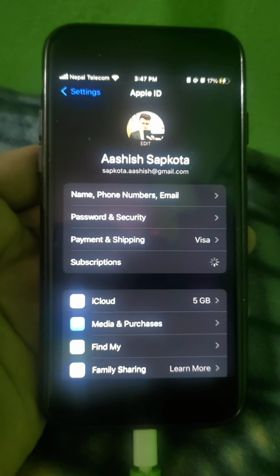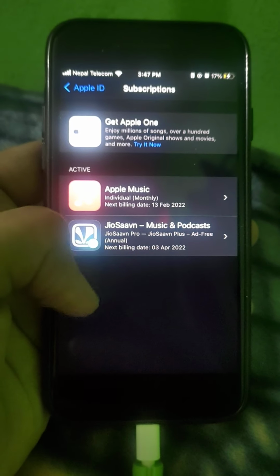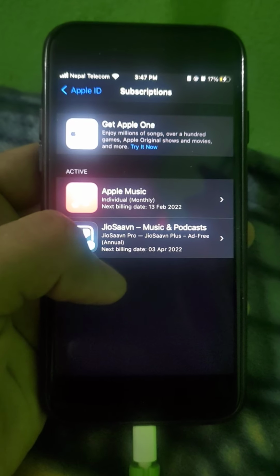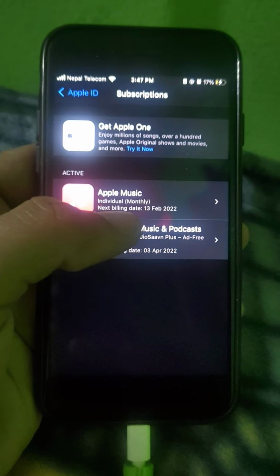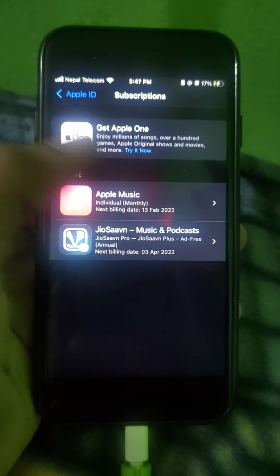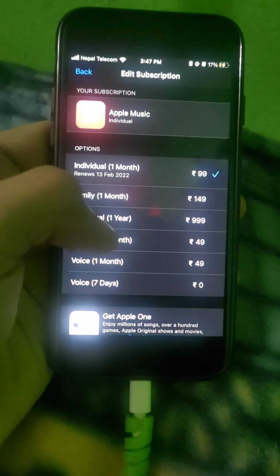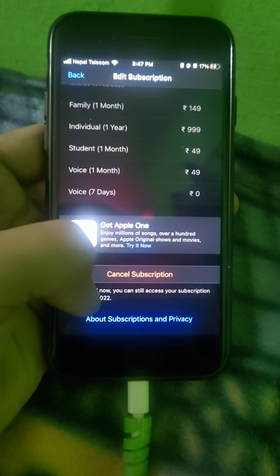Okay, so I'll go to Subscriptions. I do have multiple subscriptions, right? And I need to remove that. I think Apple Music is being charged to me on a monthly basis. So to get rid of it, click over there, and what I need to do is cancel my subscription first. So cancel my subscription,